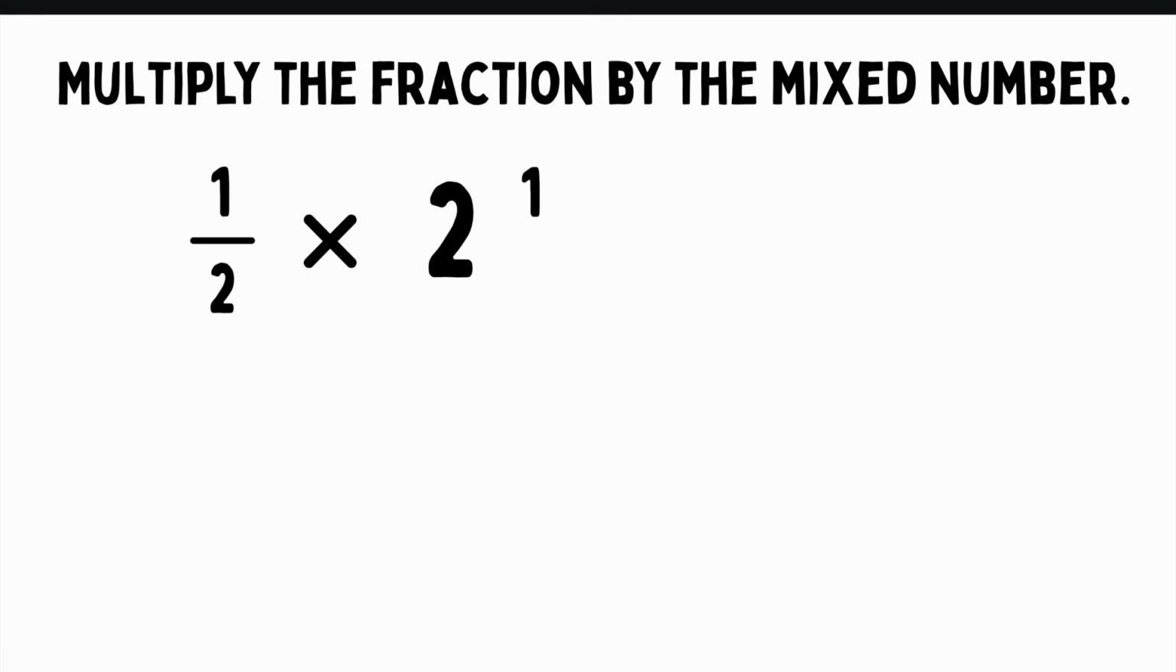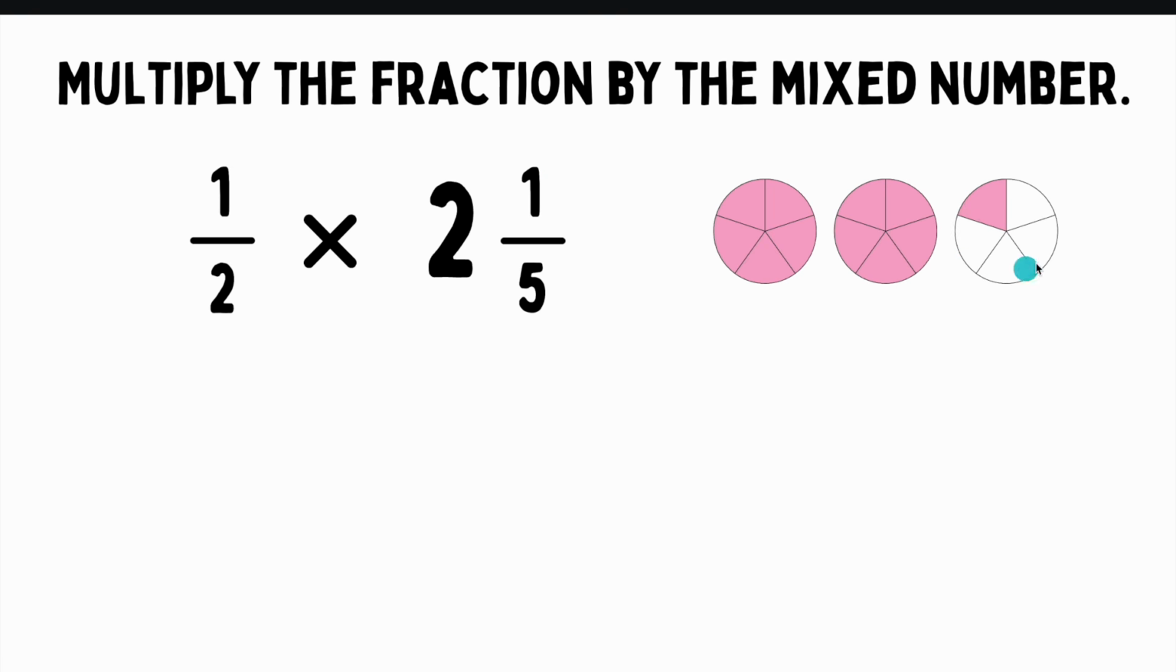1/2 times 2 and 1/5. This is a fraction and this is a mixed number. Let's start by turning this mixed number into a fraction greater than 1, or an improper fraction. We have 2 wholes made out of fifths. 1, 2. And we have 1/5 of another whole. 1/5. Let's count the fifths. We have 5/5, 6/5, 7/5, 8/5, 9/5, 10/5,